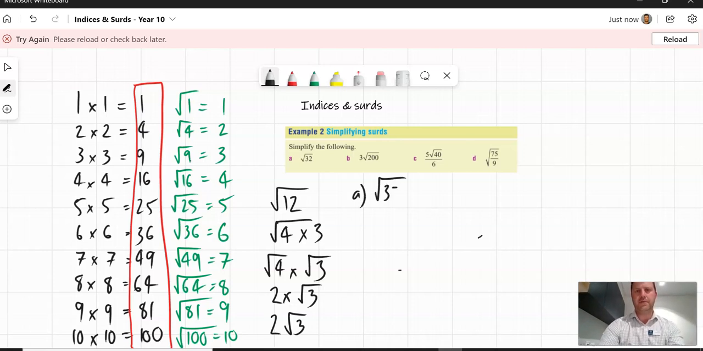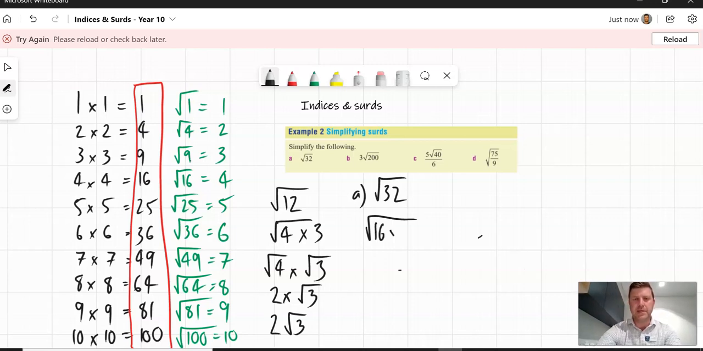Square root of 32. Now I need to find a square factor of 32. A square factor is a number which is on this list here. I could do 4 times 8 and get to an answer, but in fact a higher value is 16. 16 times 2. So the square root of 32 is the same